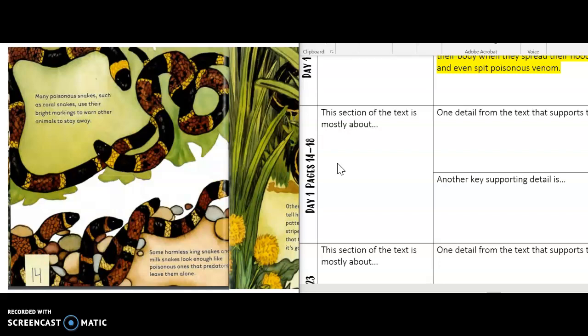So in this section of the graphic organizer we're looking at just a selection of pages together. So identifying the main idea and then details that support. So we started on page 14. We learned a little bit about the coral snake and then other harmless snakes such as the king snake and the milk snake. And if we paid close attention to this information, we learned that these animals have very similar